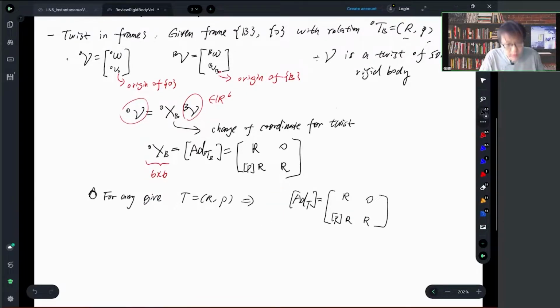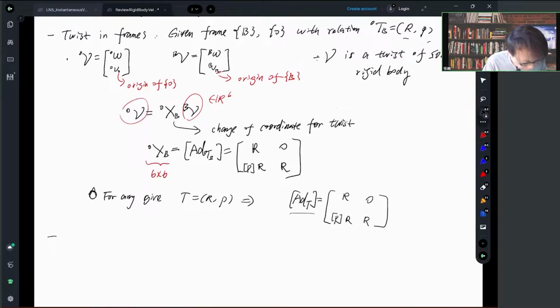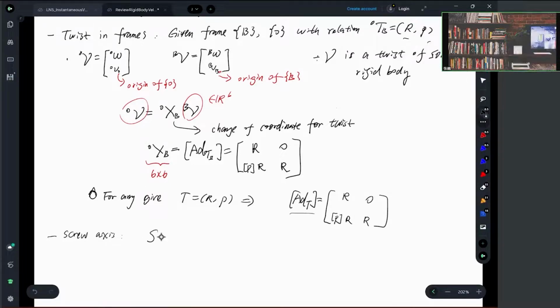Okay, and we didn't discuss too much about this operator thing. It's just that we arrive at the same expression purely based on the change of coordinate for twist. But essentially, a more abstract way to understand it is the adjoint operator for twist associated with the homogeneous transformation matrix T. Okay, after we introduce spatial velocity and we emphasize screw axis, and the axis physically can be defined